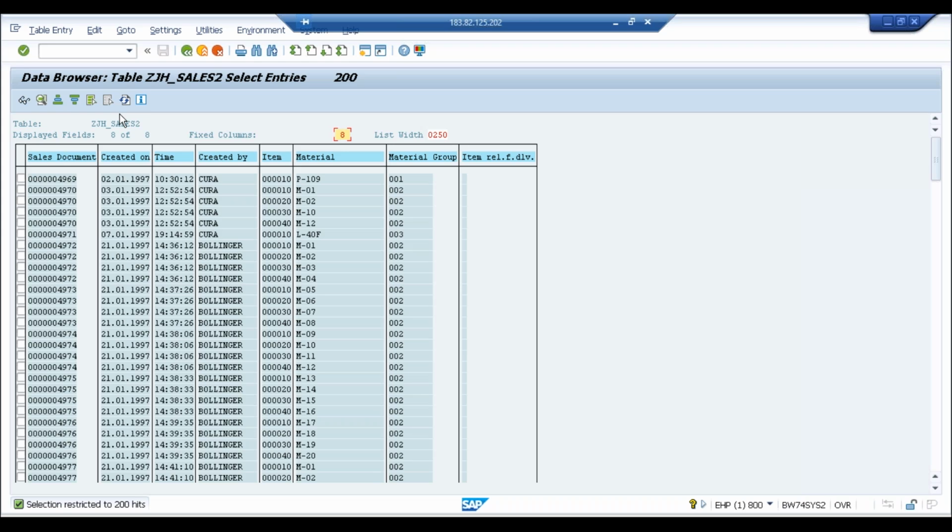Yes. So now ZJH_SALES is a view, but from the program perspective, when we go to SE38 and create a program, it will be considered as a database table only. And then we have certain advantages, like we don't have to create a structure in the program. Normally we create a structure because in MARA, the standard table, we have hundreds of fields.